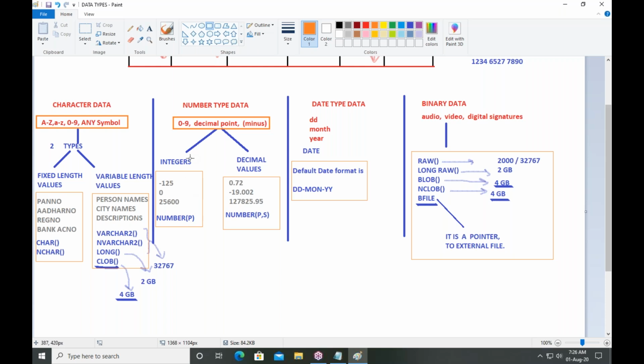Without a decimal point means integer. To store integers, this is the data type name: NUMBER with the precision value within the brackets. To store decimal values, another data type: NUMBER(precision, scale), NUMBER(p,s). What is precision? What is scale? Come to our document.